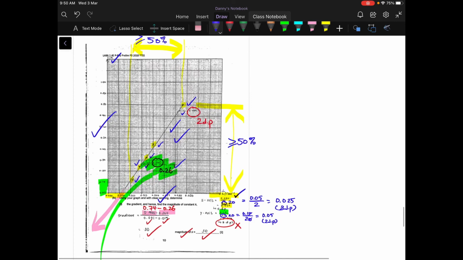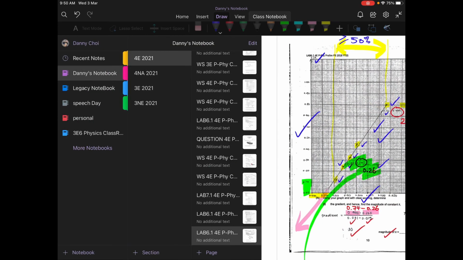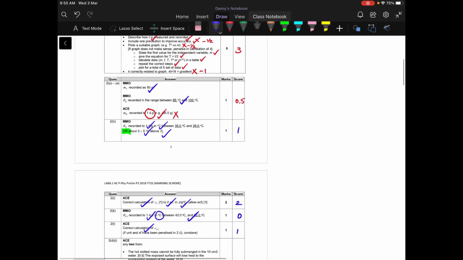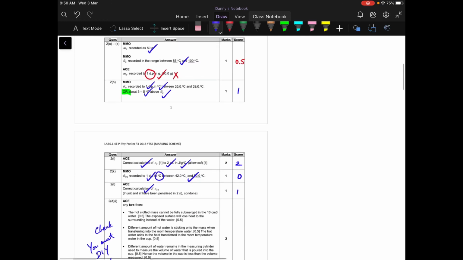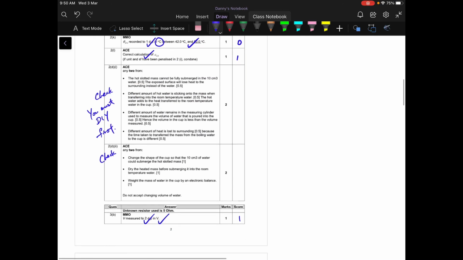So remember, please do the marking, do the correction on your marking sheet. I want to see the ticks at the right place. I want to see marks assigned. For your question 2D, do it yourself, mark first. I will look at it and I will give you the